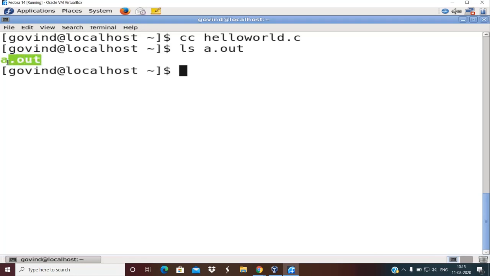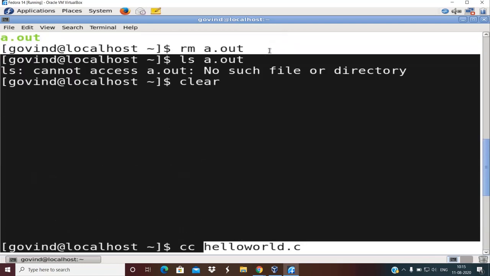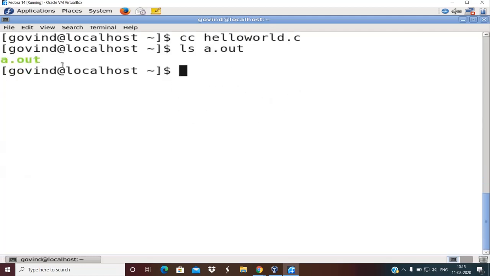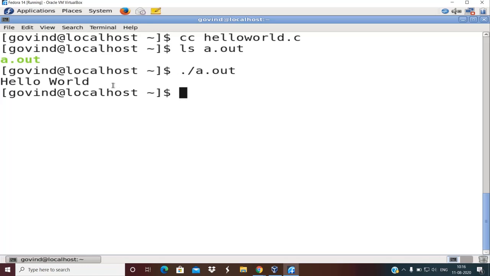So what I try to prove with this observation is that the cc command, on successful compilation of the C program, creates a file called a.out. So whenever you modify any content of the C file or whenever you create a new C program, it's a good practice to compile it. Okay, so now I'm going to execute it. The command to execute is dot slash a dot out. When I press enter, you would notice that the message hello world has appeared onto the screen.